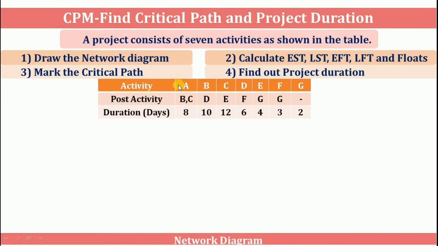So from the given data, activity A has post activities B and C. That means B and C activities will be performed after activity A. In simple words, post activity means successor activity. And this activity A will take 8 days for completion. So let's start with the activity A. Now B and C